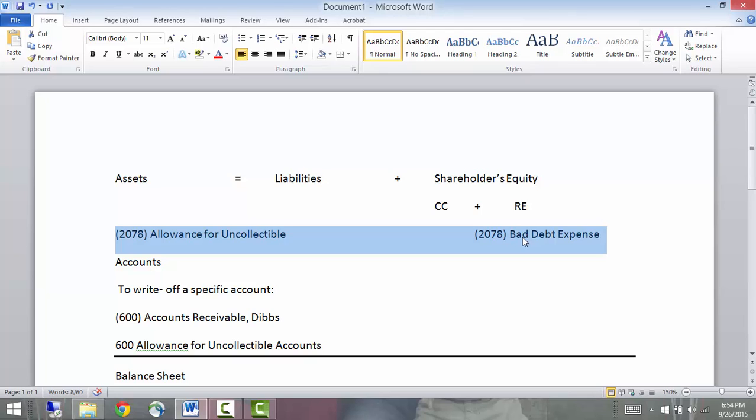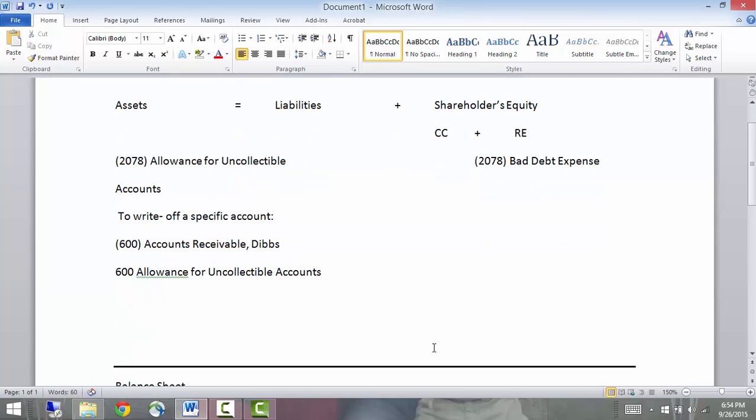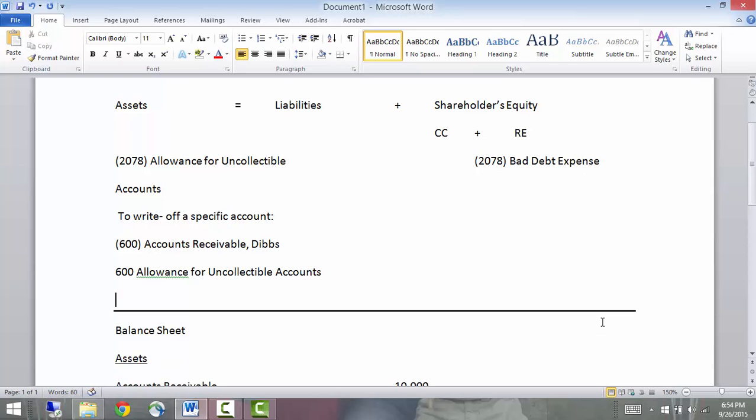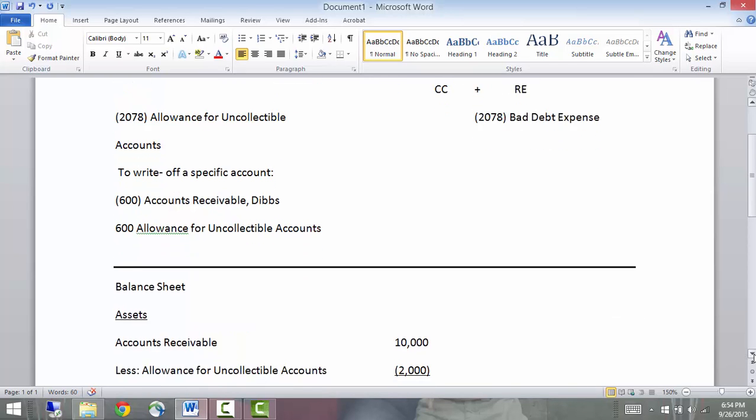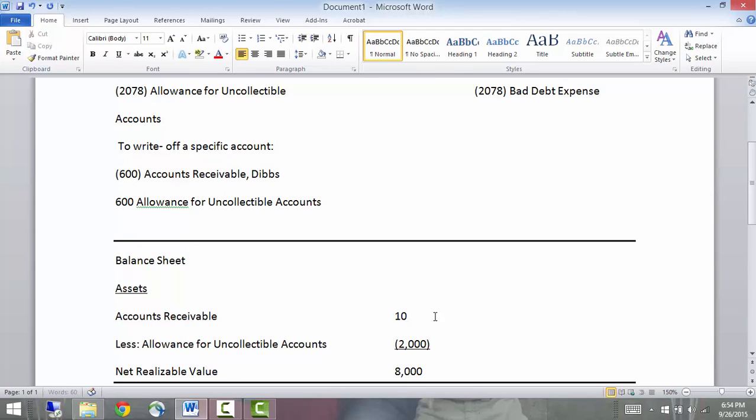Now look on page 166, or I can do it here as well. I want to show you that this does not have any effect on our total accounts receivable. Let me use the numbers out of the book. 43,450, and we had estimated that 2,078 was not going to be collected. So our net realizable value was 41,372, right? And this was prior to the write-off.